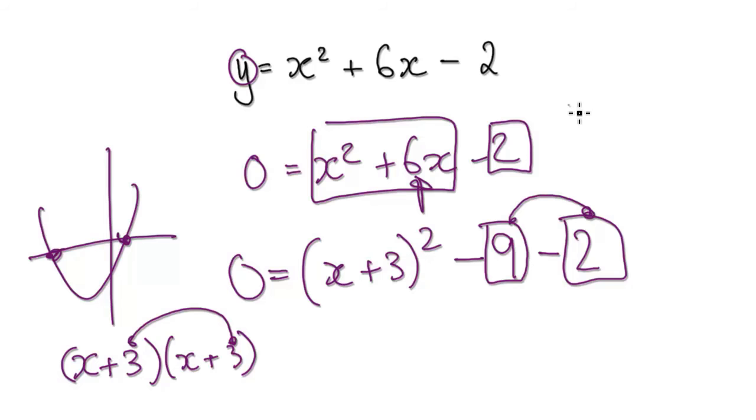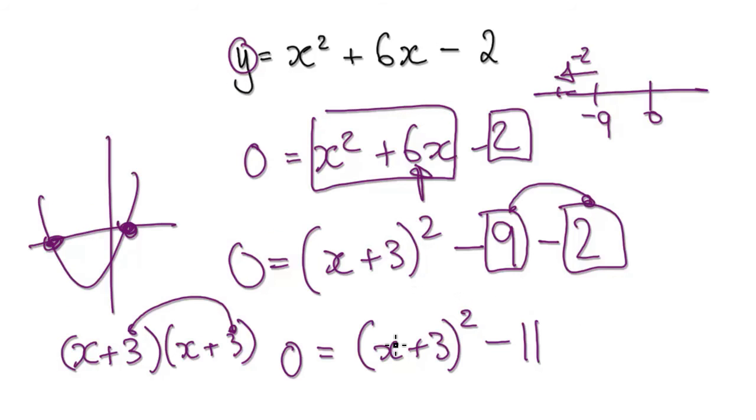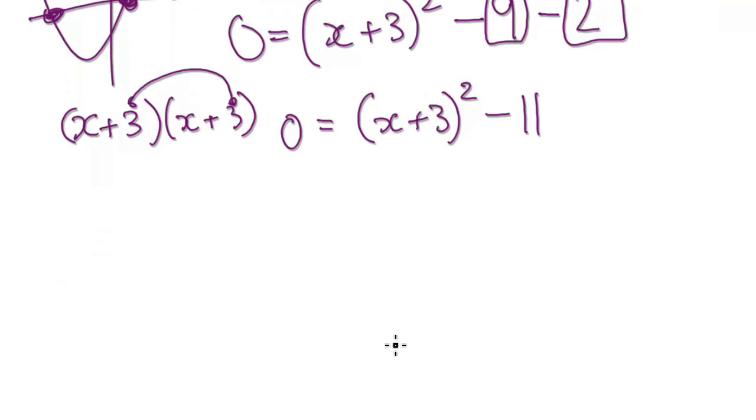So in your mind you've got a picture. Remember, the negative belongs to the 9. So -9 take away 2 would be -11. So that will then become 0 equals x plus 3 squared take away 11. To find these two points, we just need to rearrange it to make x the subject. So now in your mind, add 11 to both sides. That will then give us this,